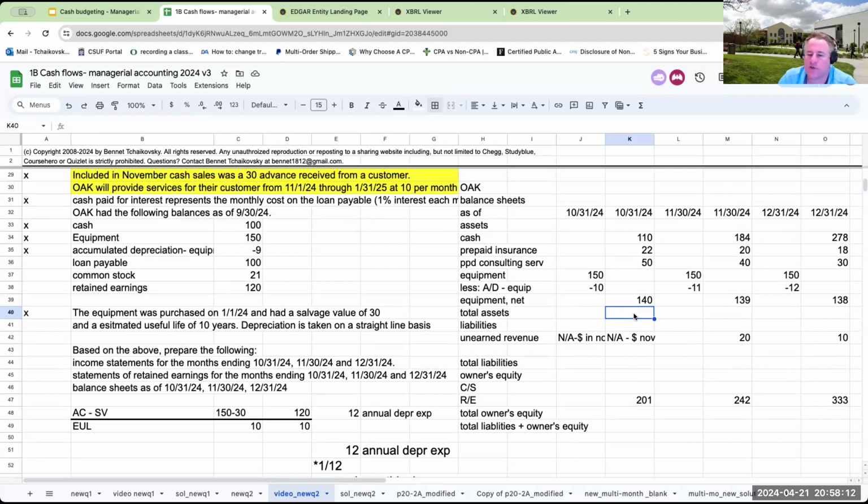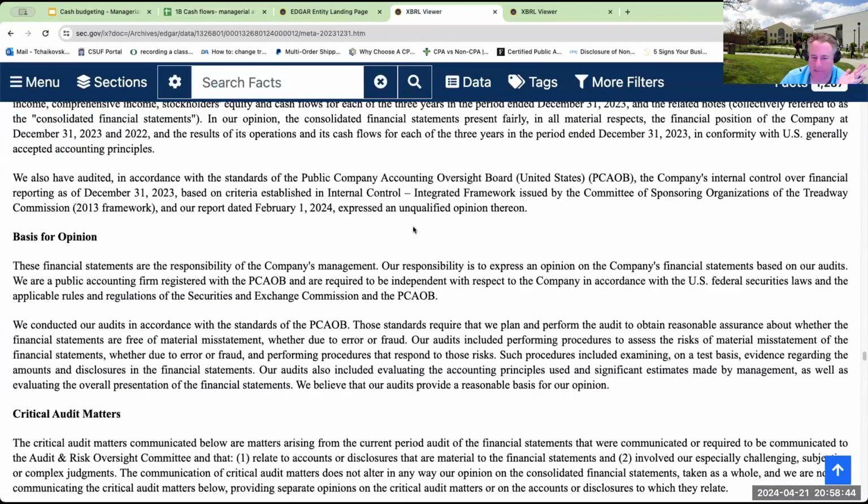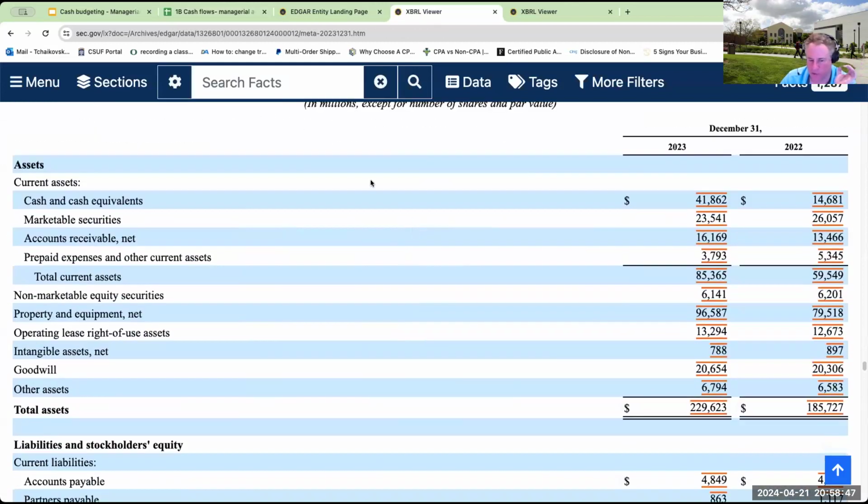Note, when I'm doing these questions for my class, I generally will not have you go through and do a classified balance sheet. If you're taking my accounting 1B class, I put you through enough torture, and trust me, this is more than enough. So when I go over here, I'm just basically my total assets. I'm just adding up these amounts over here, but I do like showing this net. Just makes it a little bit easier to kind of go through and see. So these are my total assets. Remember, I'm not making you do a classified balance sheet. A classified balance sheet is when you're separating things between current and non-current.